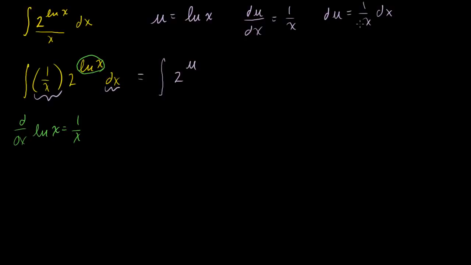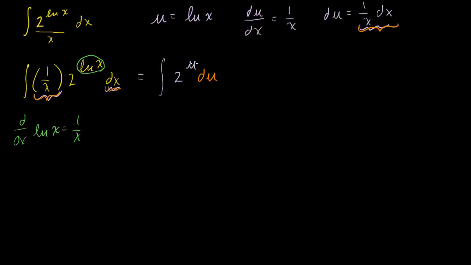Now what is 1 over x dx? That's just du. So this term times that term is just our du. Let me do it in a different color. 1 over x times dx is just equal to du. That's just equal to that thing right there. Now, this still doesn't look like an easy integral, although it's gotten simplified a good bit. And to solve, whenever I see the